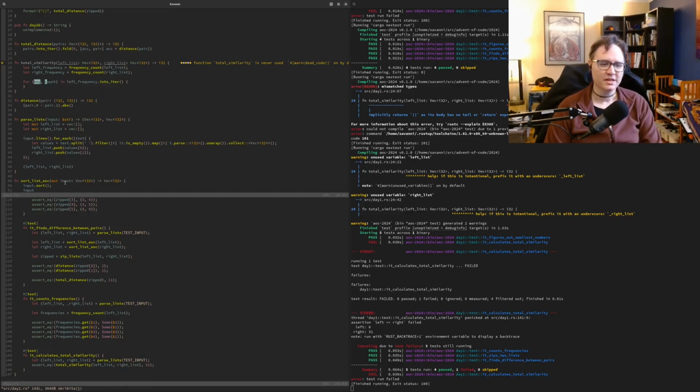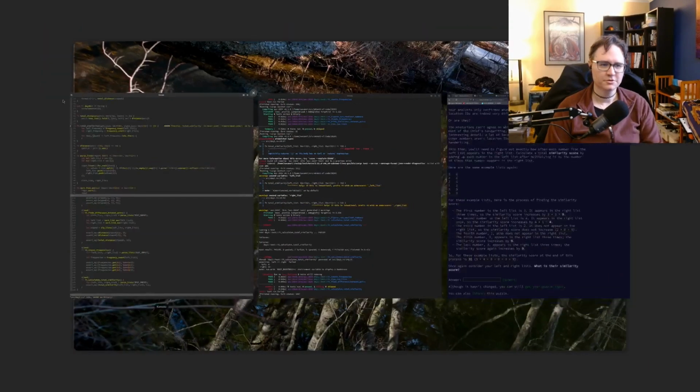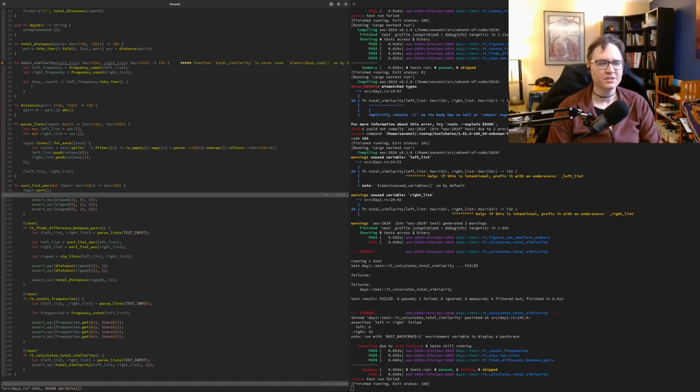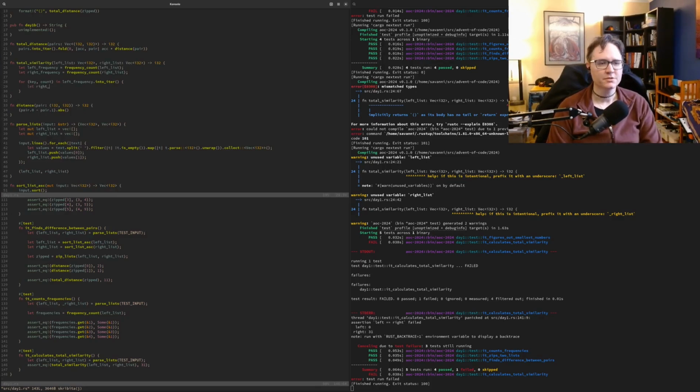So this will be the number that I'm calculating on and the number of times that it occurred in the left list. And then we want to get right occurrences equals right frequency dot get key.